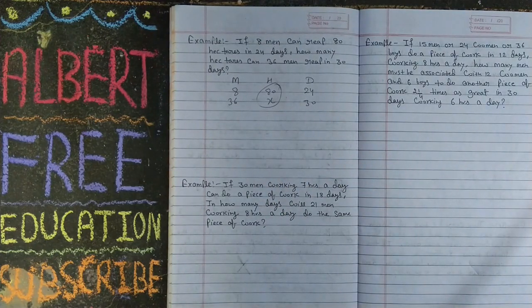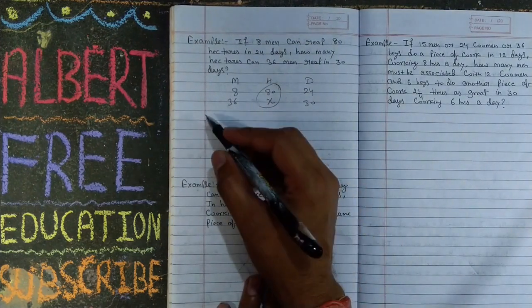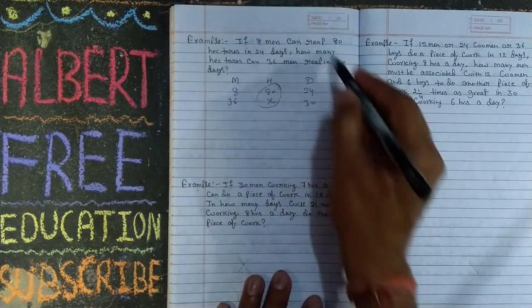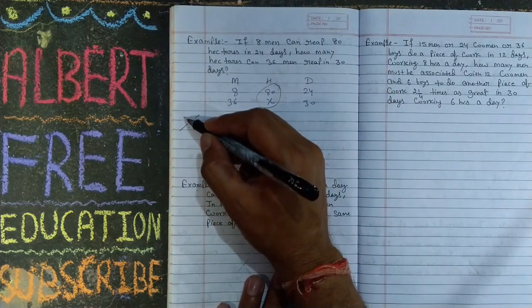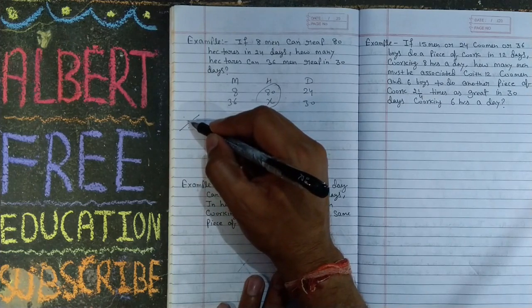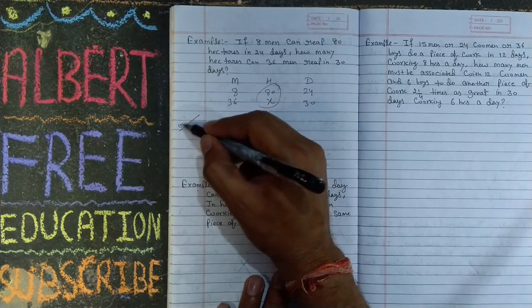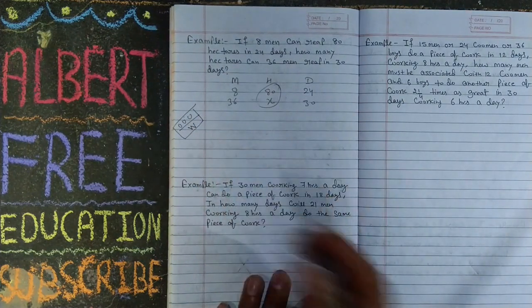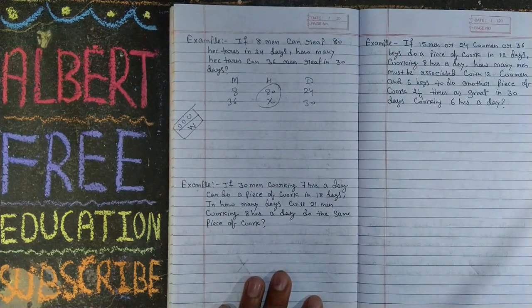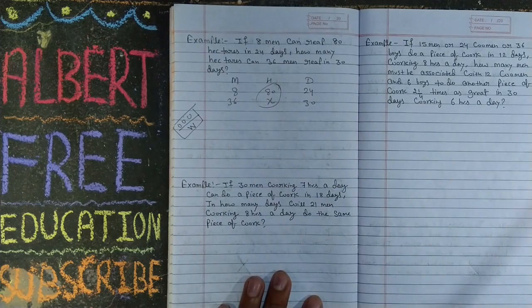Now how to solve this one? You have to remember one thing. Whatever they have given you, every time you have to write the weight here, and the other value will come here. What is weight? We will solve many questions, then your concept will be clear.